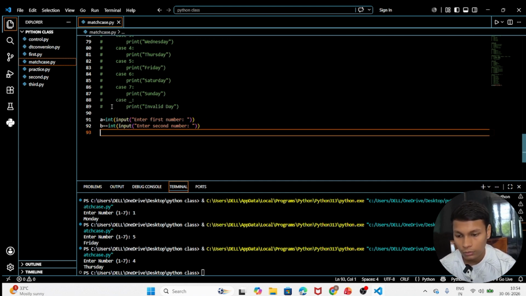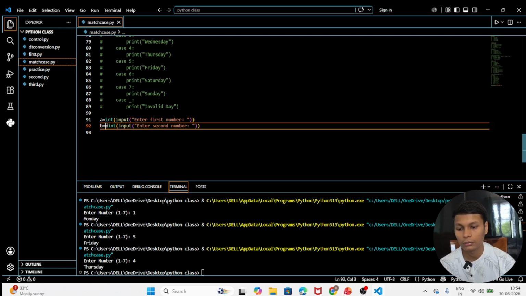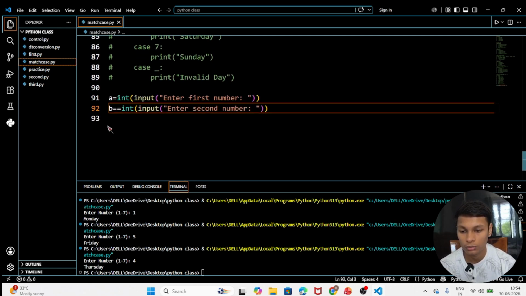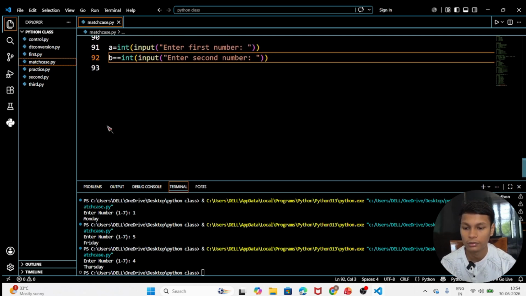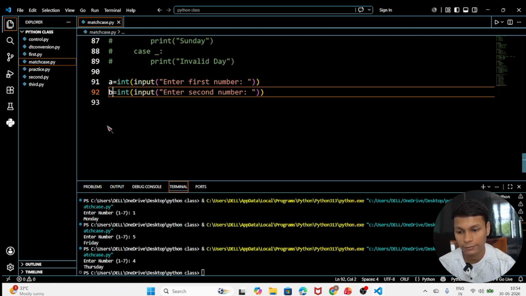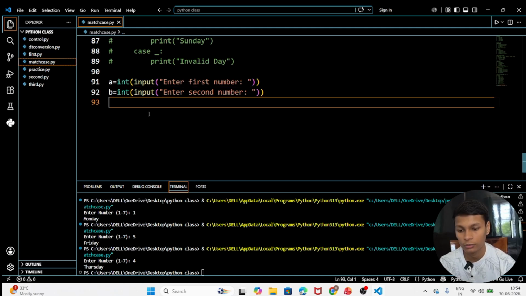Then you can see that there is an error because this was not required here. Single equal to is for assigning a value, double equal to is for comparing values. It was the comparison operator, and this is the equal to operator. Okay,